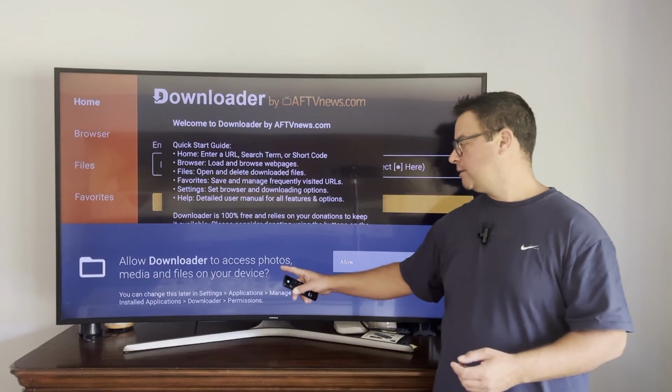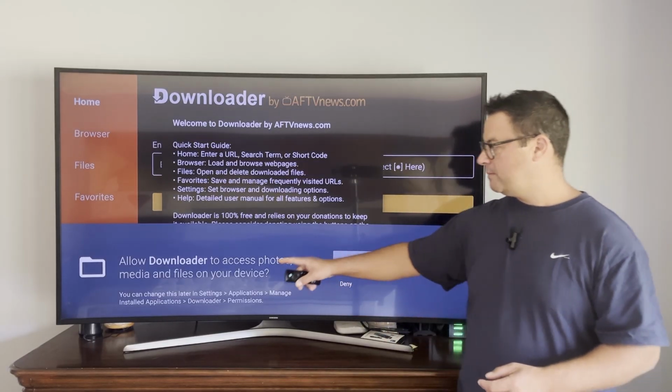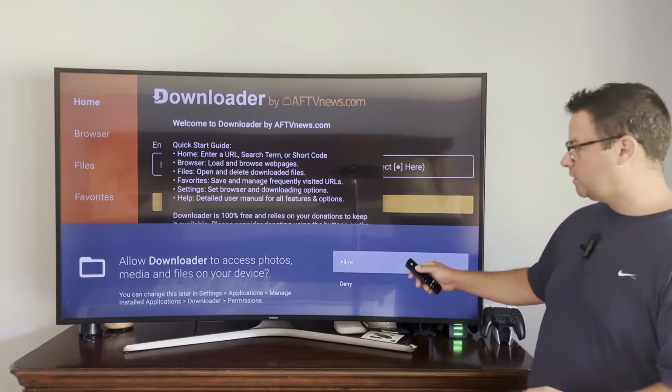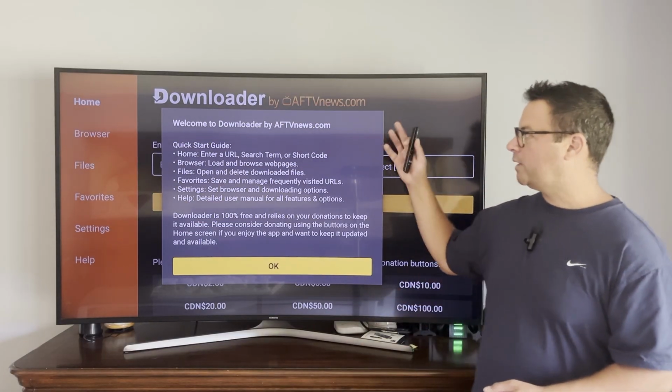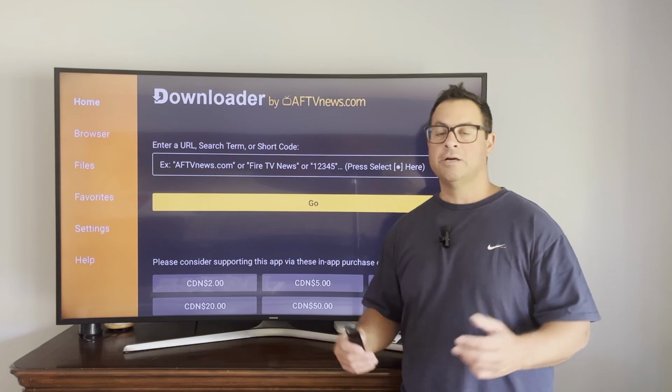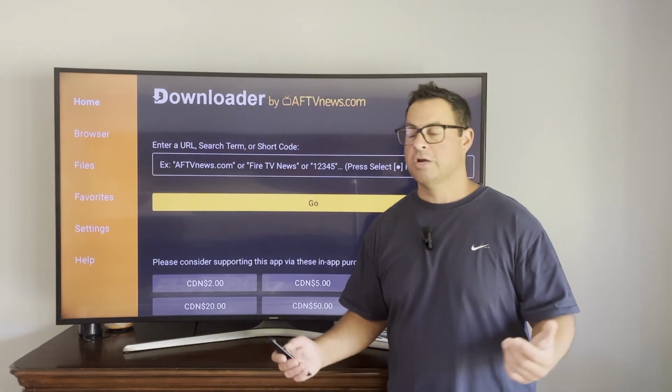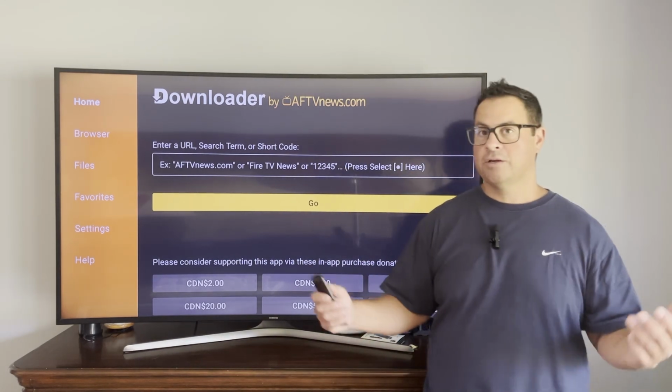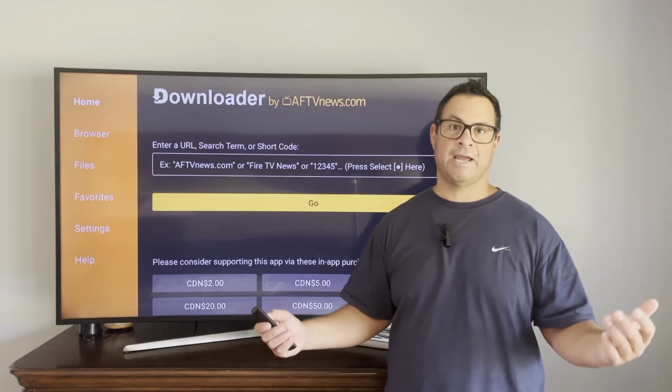Downloader needs access to photos, media, and files on our device. So say allow. Here's a quick start guide for you to read through. We can click OK. And here, Downloader works like a web browser, so we can type in any URL. So for instance,